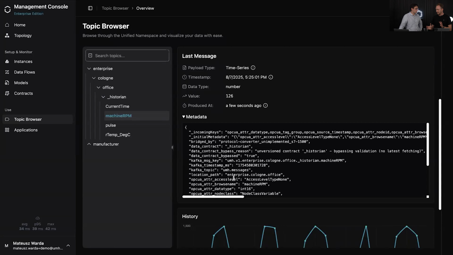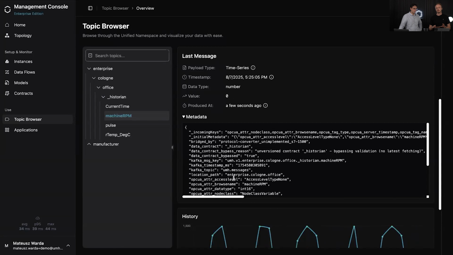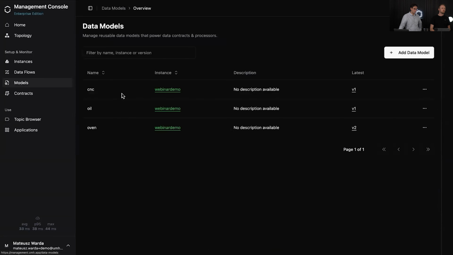Under data model, we understand a template which has to be filled with specific data types, specific constraints, and this you want to enforce within your organization. So let's talk about a simple example. Over here, for example, you have a specific standard for an oven, for instance, CNC, maybe for a fryer or something like this. You want to say, hey, these are exactly my data points. It's going to be temperature, RPM of the machine. It's going to be the machine states in a specific format. If I get the temperature, it's not allowed to be below 0 or above 100. Otherwise, I know already the temperature is wrong. Stuff like this is what's going to be included in the data model. So let's take a quick look over here.